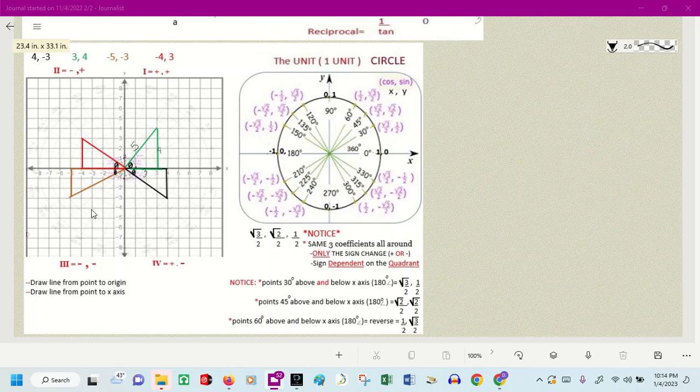If your number is in quadrant 3, your x is negative and your y is negative. If you're in quadrant 4, your x is positive, everything over here, and your y is negative, everything over here. We already know that. Very simple. So, with that being said,